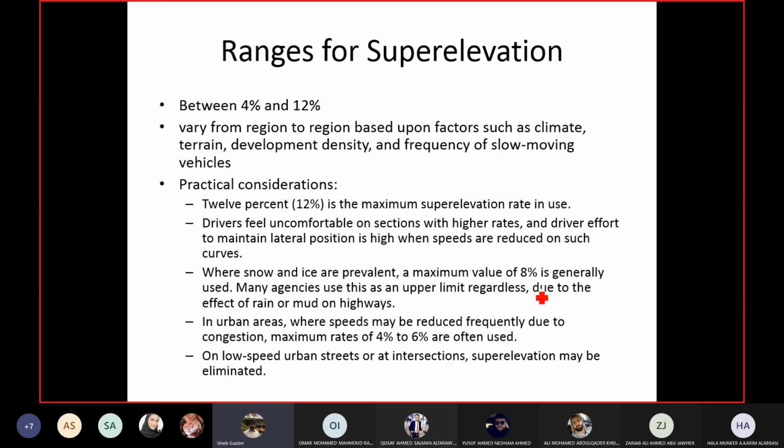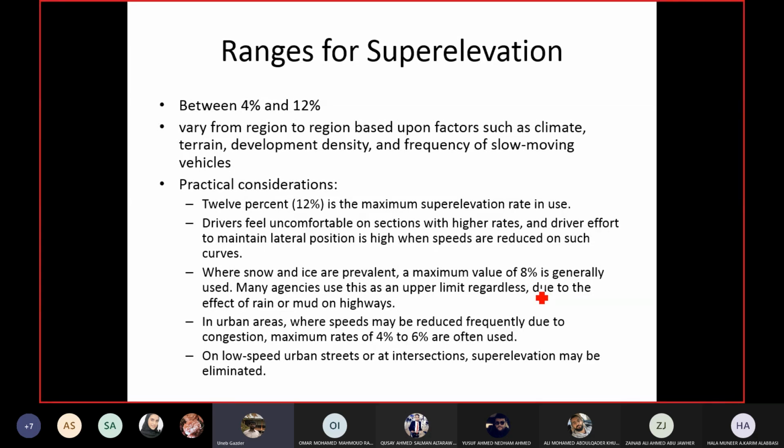Areas where you have congestion, okay, so in congested areas, what will happen? Your speed will reduce. So in those cases, high super elevation is not required. Even if the road speed limit is 100 or 120, you know this junction where they are making the curve is most of the times congested. So you may give a super elevation up to 6%. Okay, because of congestion, the speed will reduce. The speed is not reducing because of the design. Speed is reducing because of the congestion, and you know that because you have the knowledge of traffic there.